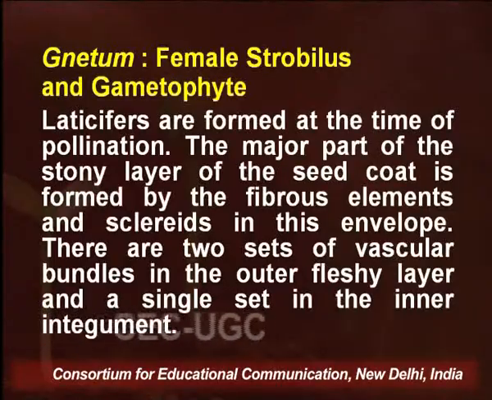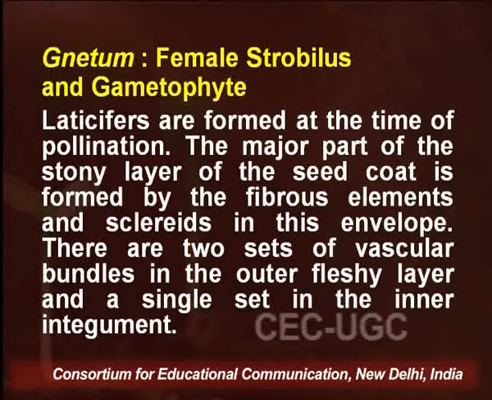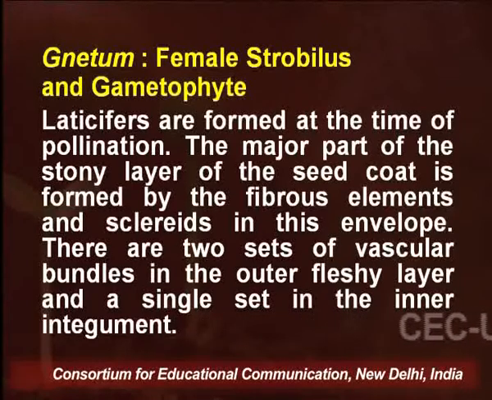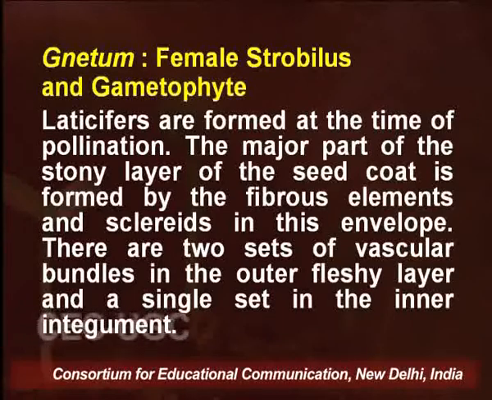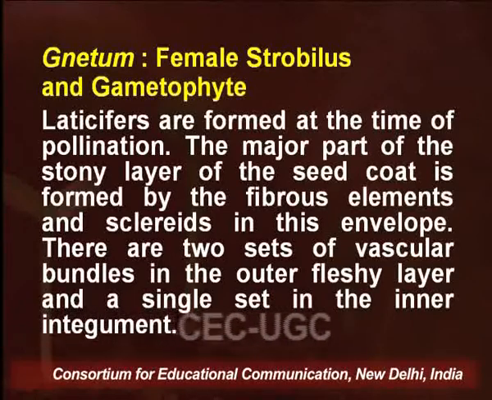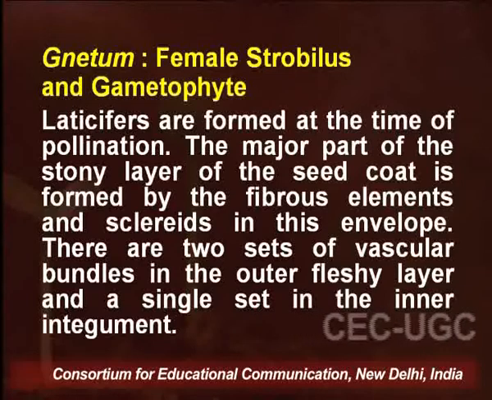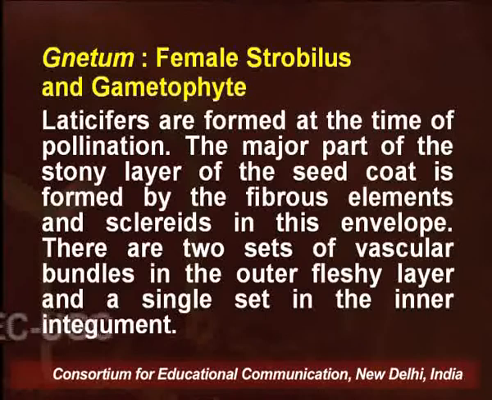Stomata differentiate in the outer epidermis. The laticifers are formed at the time of pollination. The major part of the stony layer of the seed coat is formed by the fibrous elements and sclereids in this envelope, and there are two sets of vascular bundles in the outer fleshy layer and a single set in the inner